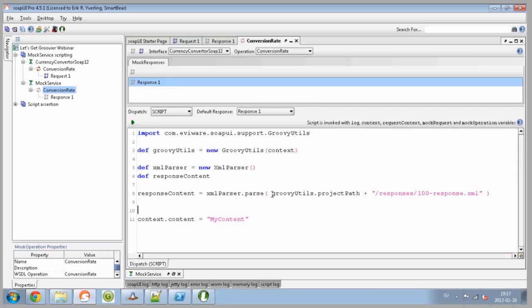So the XML parser .parse returned not a string but some kind of XML object. Yeah, exactly. It parses the file and creates an XML object, and then you could use that object to do a bunch of other stuff, insert nodes, remove nodes, look for nodes. Okay. But in this file we just want to create it and serialize it directly to a string. Yep. So in order to do that, we need